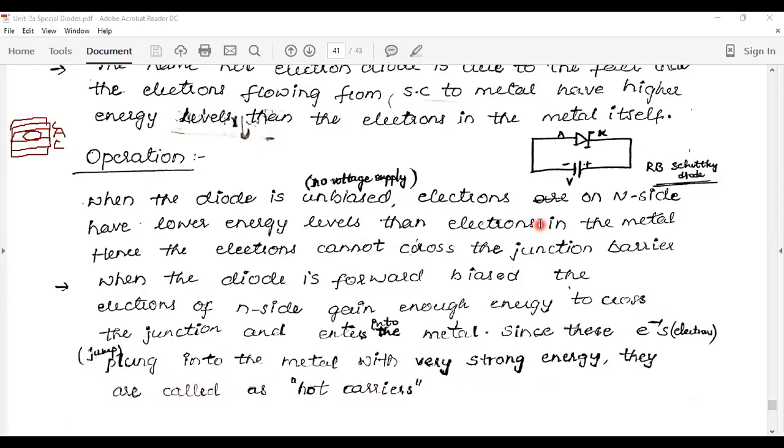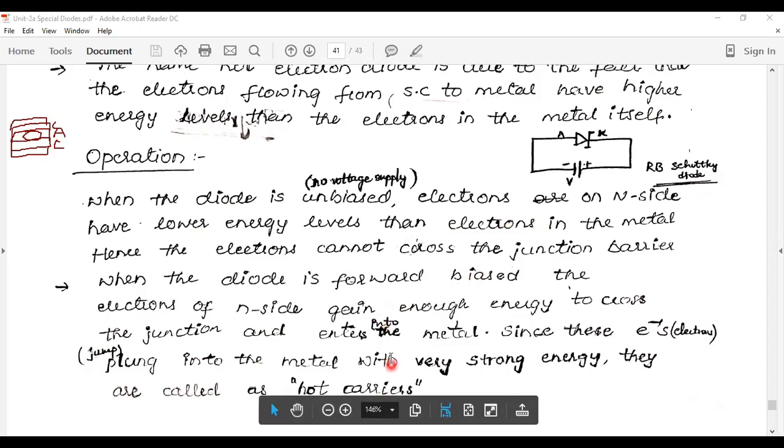Initial point is cut-in voltage. Beyond that cut-in voltage, an exponential rise in the current will take place. In the reverse bias condition, a small amount of current flow takes place. Beyond that, as voltage levels are increased, we may come across breakdown voltages. Those two breakdown voltages may be avalanche breakdown and Zener breakdown.